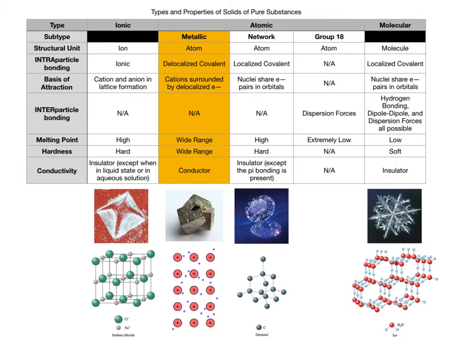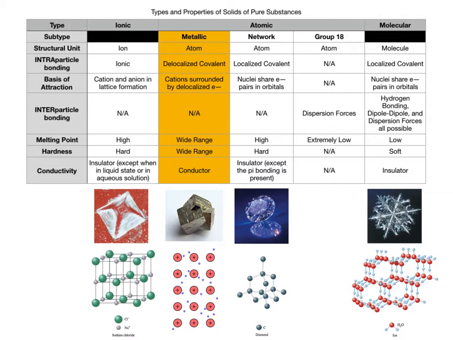The next type of solid provided is a metallic solid with delocalized covalent bonding. Recall that metals have significantly weaker electronegativities than nonmetals. Now, what this means for our pure crystalline metal is that it is not made of atoms at all. Rather, it is made of metal cations, in which their valence electrons are freely able to move throughout the material,